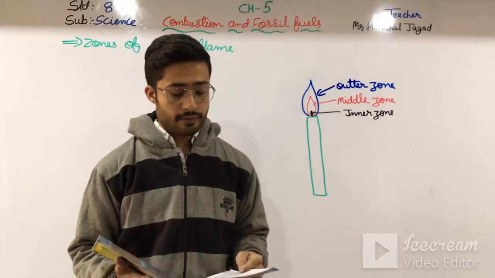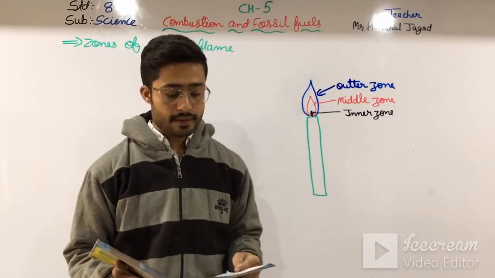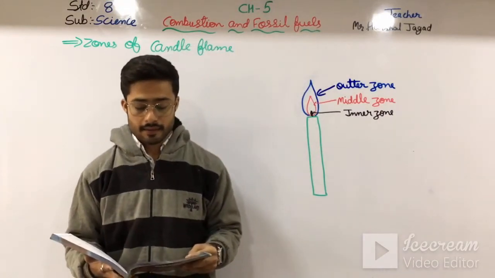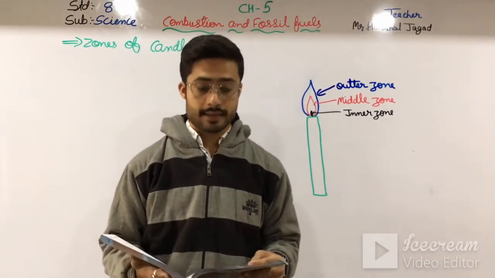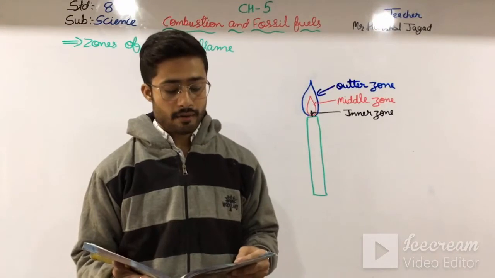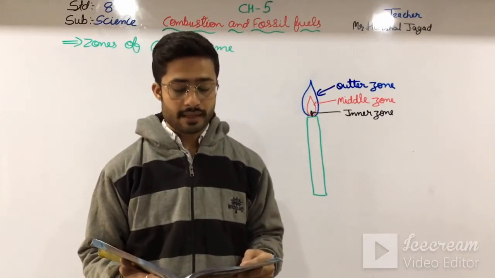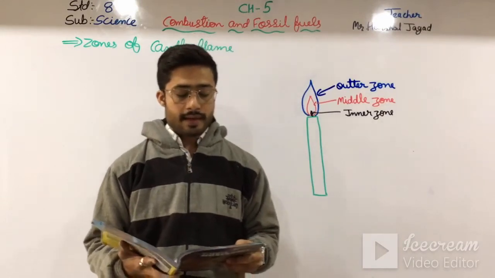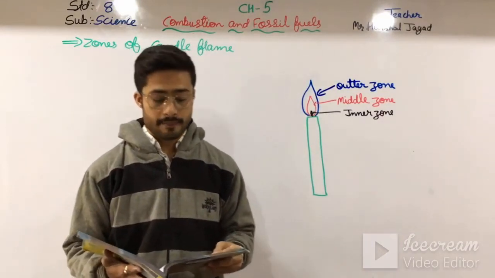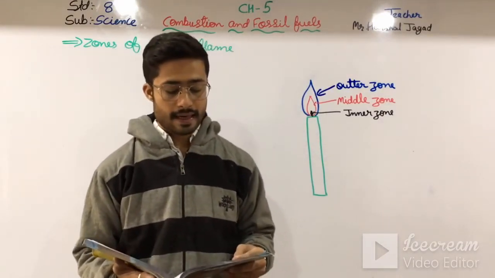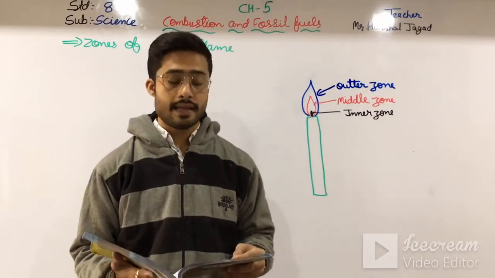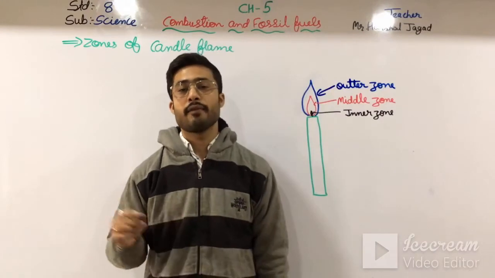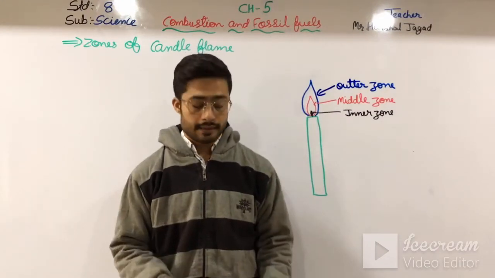So the first observation is that the wick burns with a flame. There is molten wax present in a curved space on the solid wax. The part of the wick between the flame and the solid wax does not burn. The molten and solid wax do not catch fire. The size of the candle becomes smaller with time. So these are the observations we see when a candle is burning.